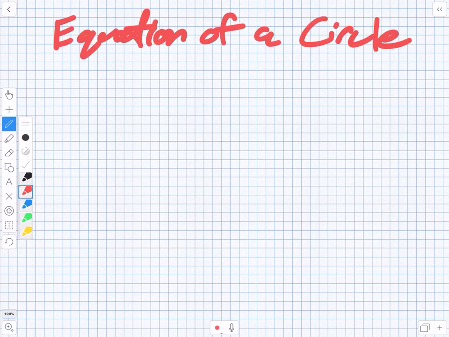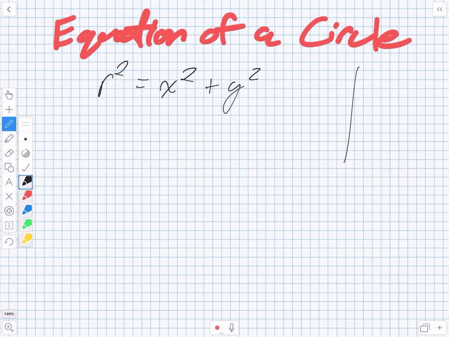Okay, so we're going to look at the equation of a circle. Equations of circles are usually written r squared is equal to x squared plus y squared. So there's a couple of variables in here. The x and y are essentially referring to your x and y axes, so coordinates along there, all the multiple